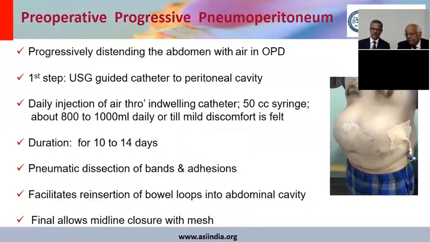We have also started recently. See, the best way is to put it in the Palmer's point area in the left upper abdomen, as you see in this patient, because there is usually not much injury of the bowel, and you cannot do this blindly. The way which can be done is you do a laparoscopy and then put a